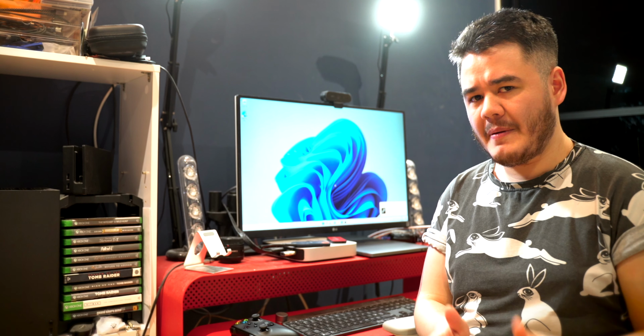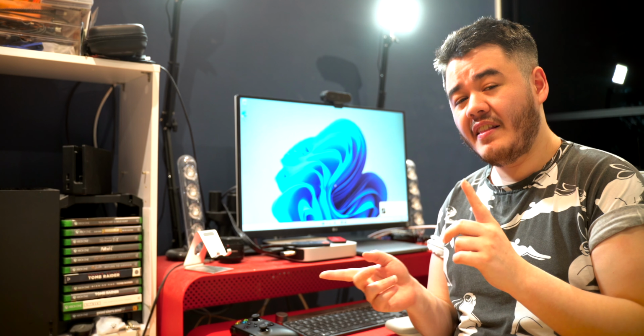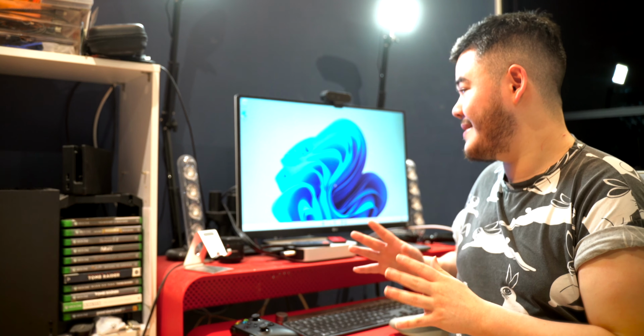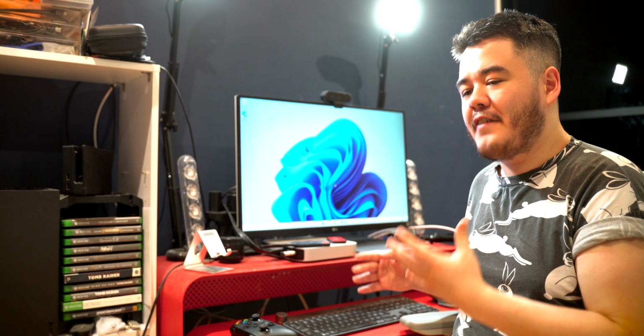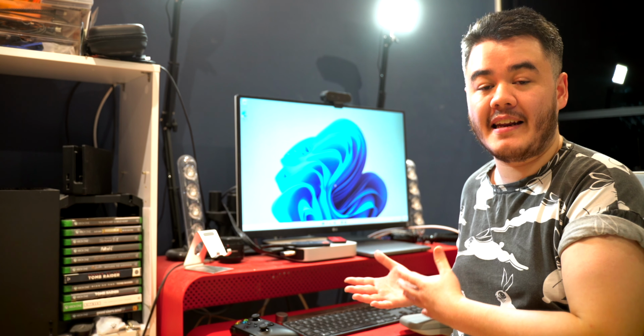I do not think they've copied Apple here with macOS and trying to recreate a dock or anything like that. I think that this is more so similar to Chrome OS, and I think Microsoft might be trying to stay competitive with Chrome OS in the lower end laptop market. Now that said, the redesign is so beautiful, even the wallpaper has changed, that I think finally Windows has a really nice operating system to go with the laptops that they now sell.